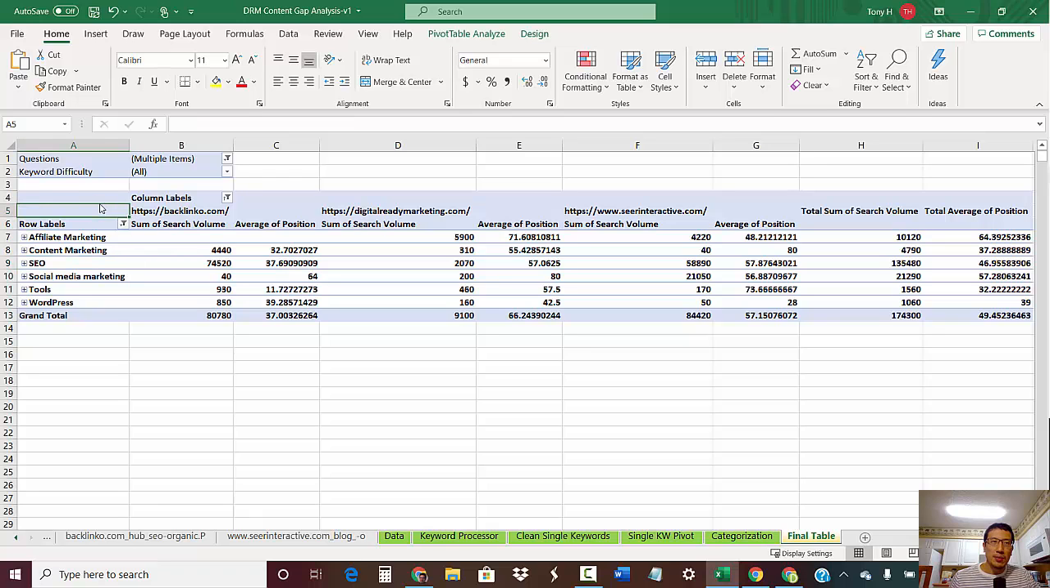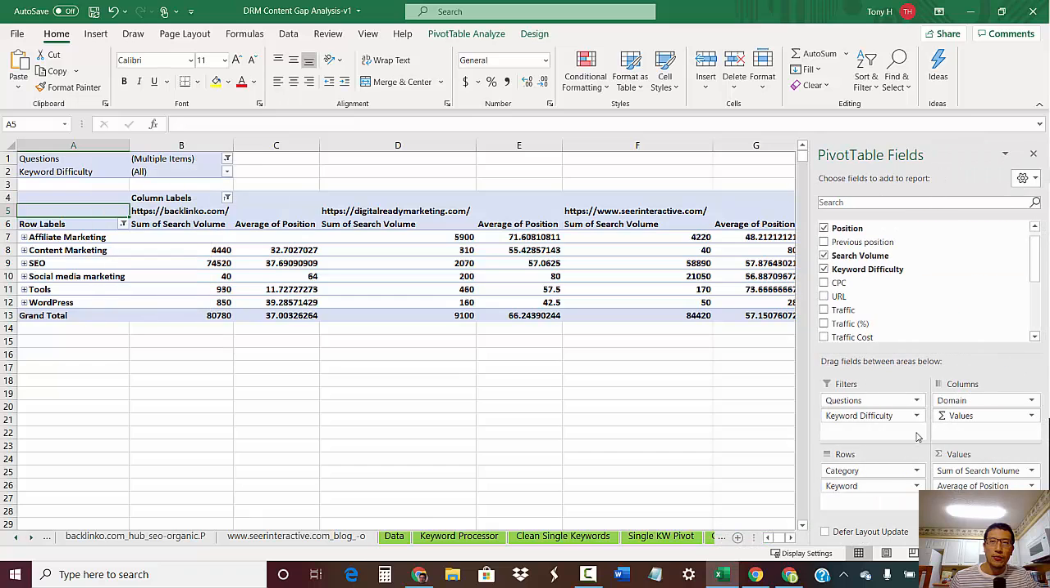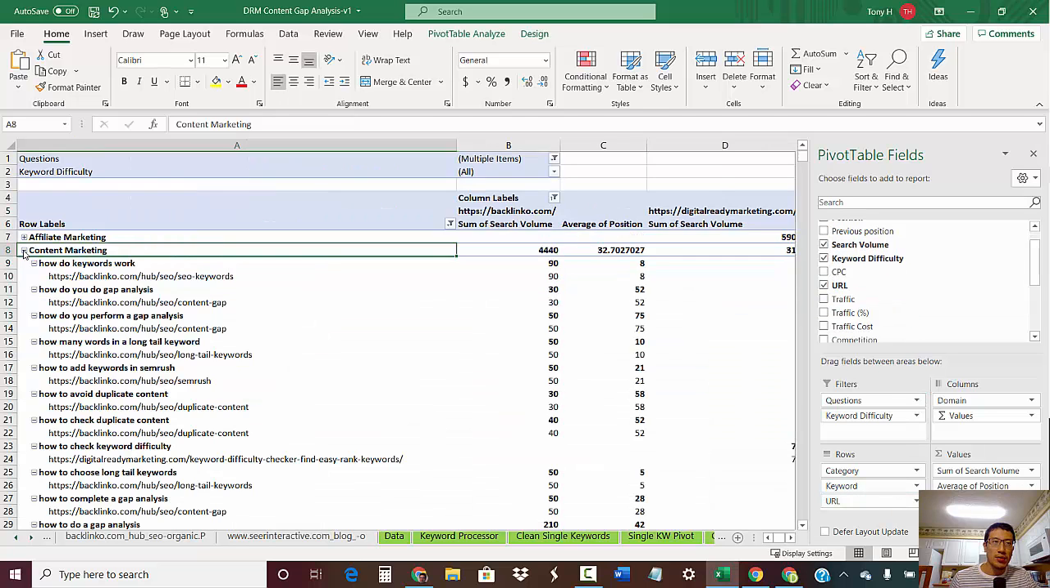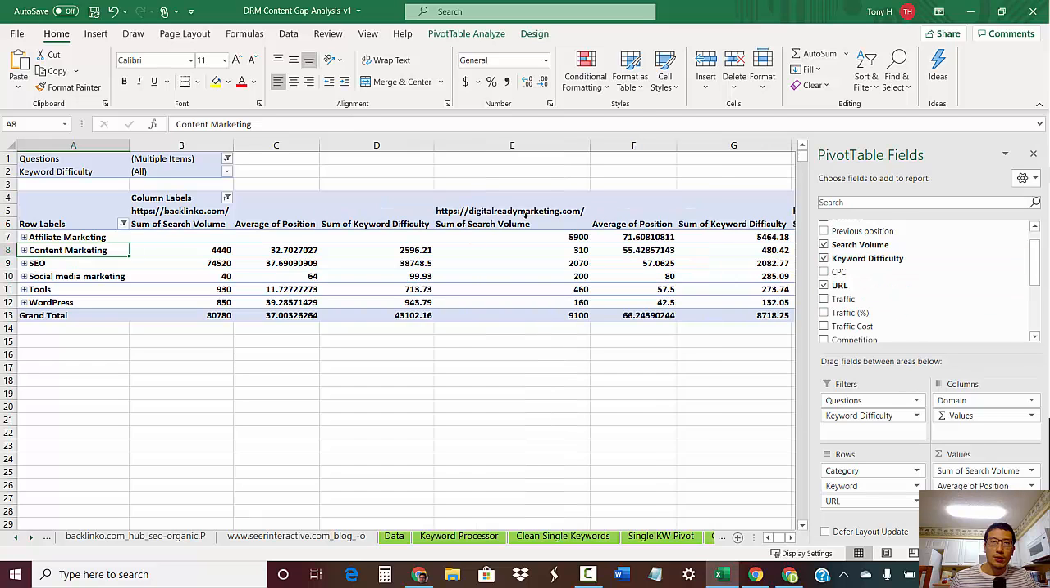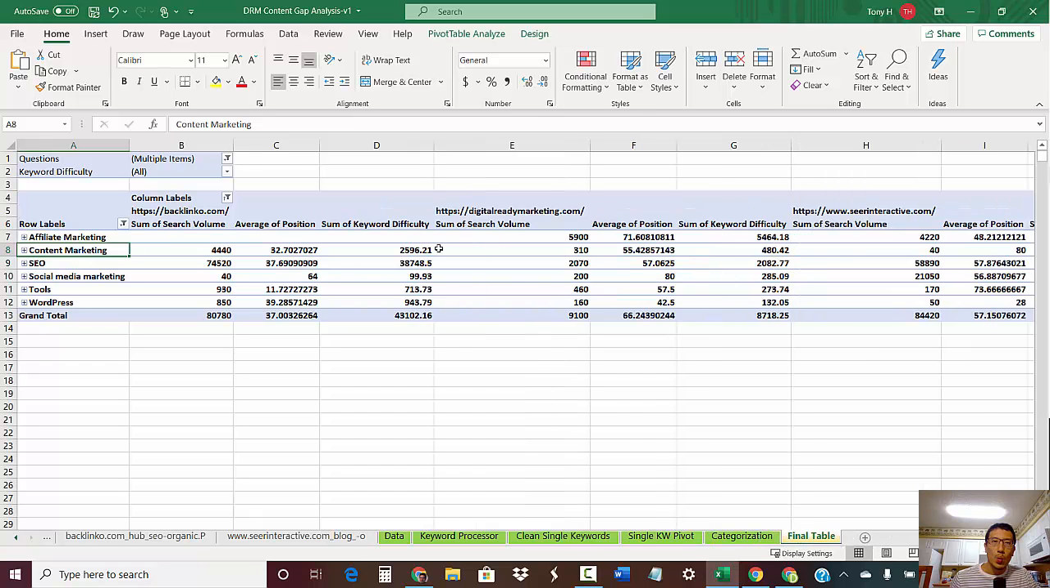Now, because this is a pivot table, you can change the field pretty easily. I have left the URL in there so that if you like, you can actually put this down here. And by doing that, you will be able to see exactly which URL is ranking for which keyword. You can also drag and drop keyword difficulty here to see which competitor has aggregated